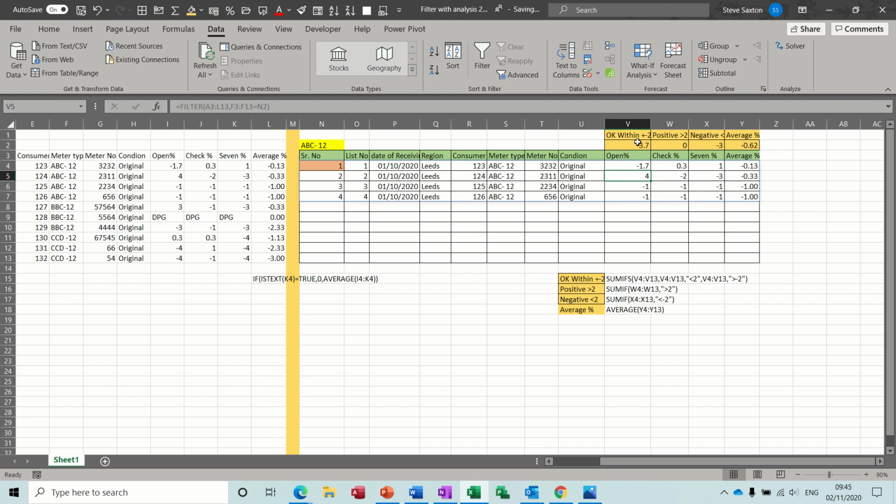So it's added those up, 3.7, -3.7. This is looking for positives over 2. It's got none at the moment for this one, so I've changed it to a different one. Still got none. So if I change one of these then, it's looking for over 2s in the check column. So if I put 3 in that one,